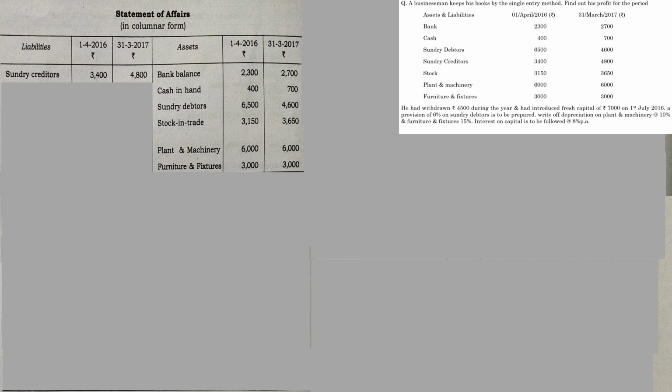So if you take the total of both sides, you can see that you will not get a tally. Bring out the highest value in both sides. Here it is 21,350 in the first column, so write down the 21,350 in the first column also. In the second column, that is closing balance, you will get 20,650, the same as we recorded here also, 20,650.